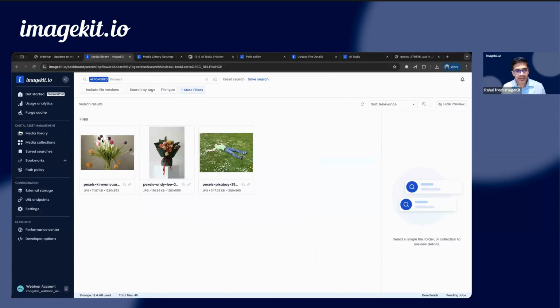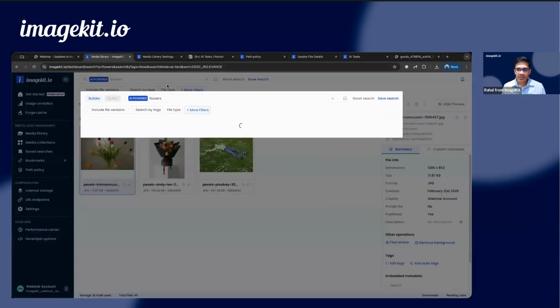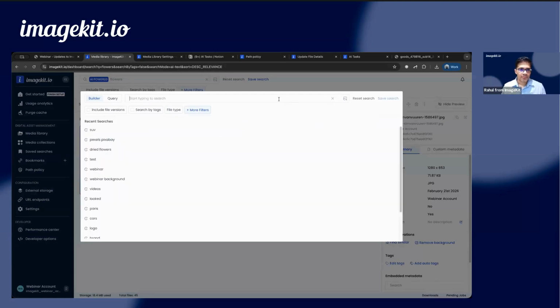So it analyzes the visual content of the image, right? So the file name does not contain flowers. There is no information about that in the tags, etc. But it looks at the image visually, and if it does have flowers, then it adds these files in the search results. Similarly, if I want to search for silver car,